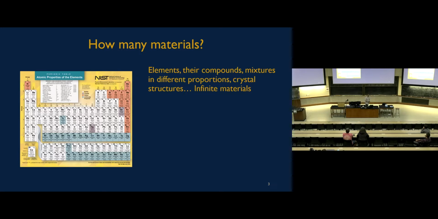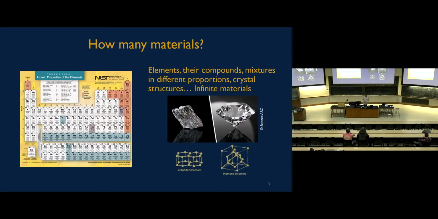So for example, water is a compound made of hydrogen and oxygen. Salt is a compound made of sodium and chlorine. And you can mix them together to get salty water, which is a mixture. And so by combining these elements in different proportions to make compounds, and by mixing elements and compounds, you can get all sorts of different materials. It's infinite. And I also said crystal structures because it's not just what is the composition of the material, it's